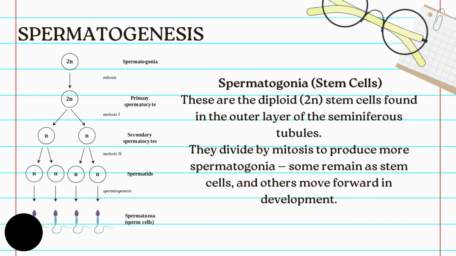It's identical to its parent cell and has the same number of chromosomes. It's as if you're doing DNA replication, but here it's cells, body cells. So it undergoes mitosis, and it produces spermatogonia that is still diploid, and that spermatogonia is going to grow and develop and